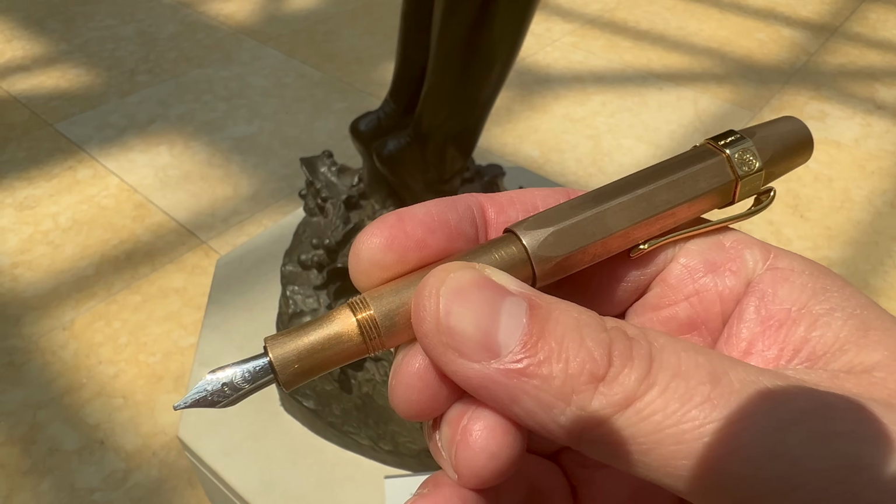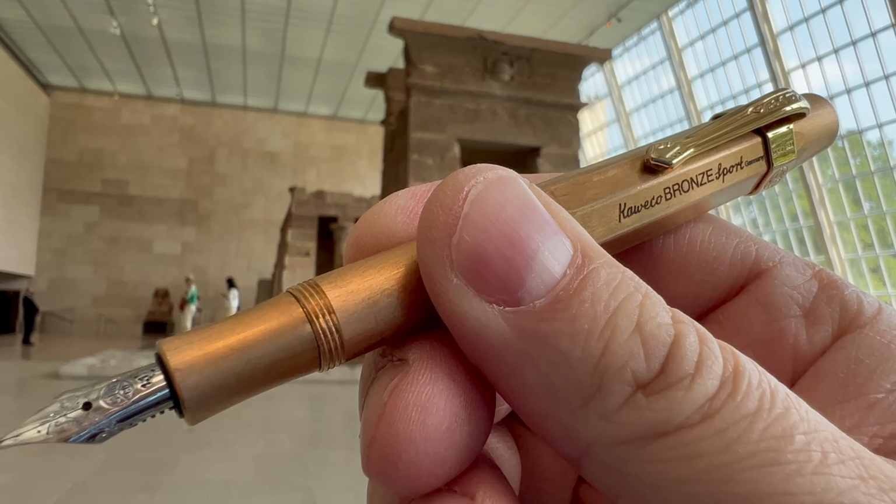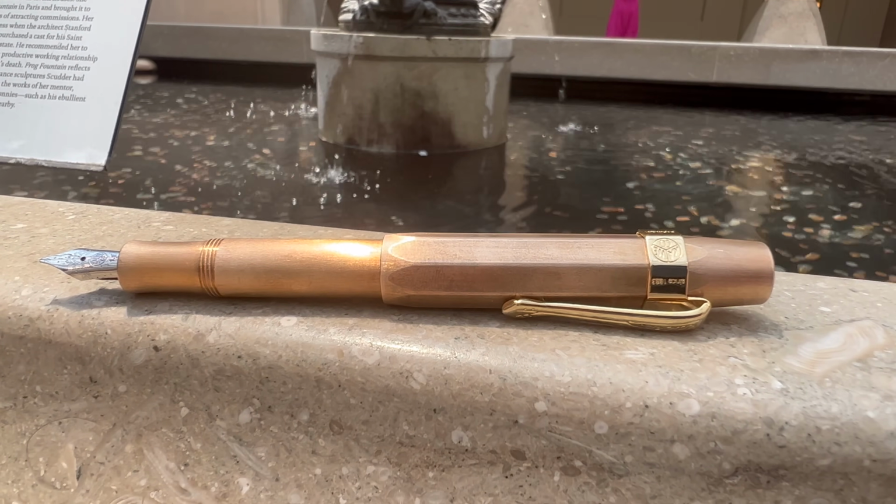Another huge pen on this channel this year was the Caveo Bronze Sport. That pen had a profound effect on me. My wife bought it for me for my birthday, and I took it with me to the Met. I made one of what I think is one of my best videos ever, and I just really got into the materials, the idea of bronze and how it's been used historically. And it's such a glistening, textural, amazing substance to hold in your hand. It's absolutely beautiful in a fountain pen. I'm really proud of how that video came out, and I just love and adore that pen,